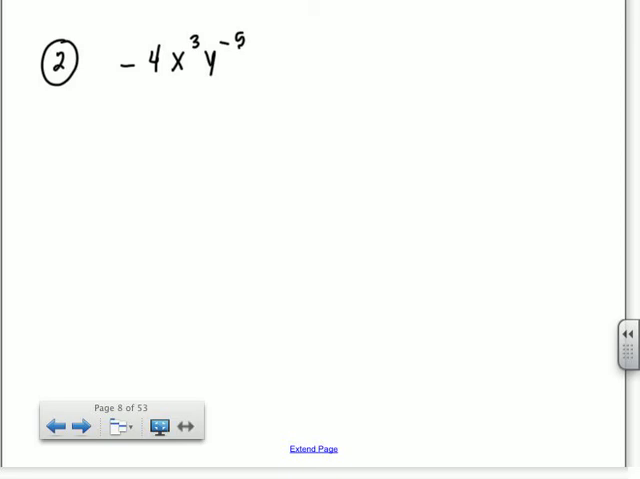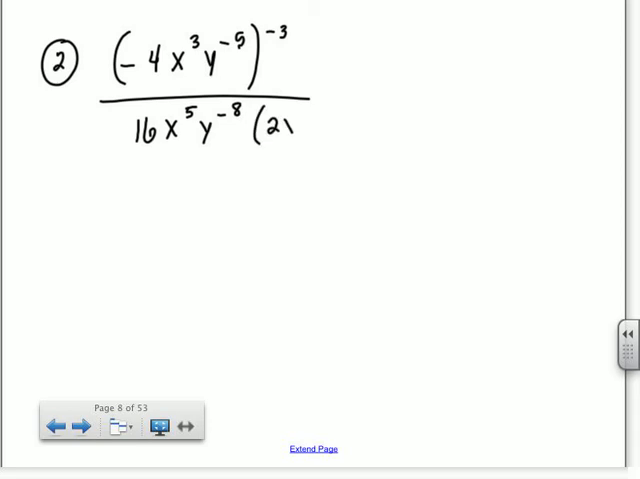Let's say I have, I think you just had a negative out front on one of them. But let's say we have negative 4x to the 3rd, y to the negative 5, all of that to the negative 3, all over